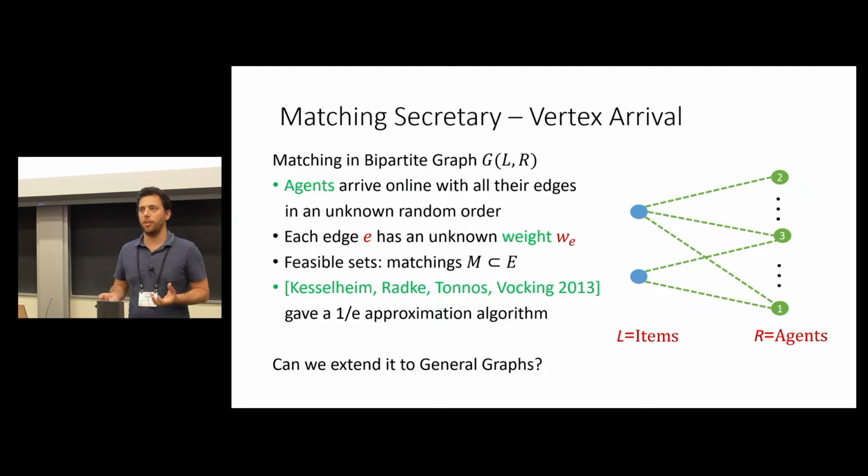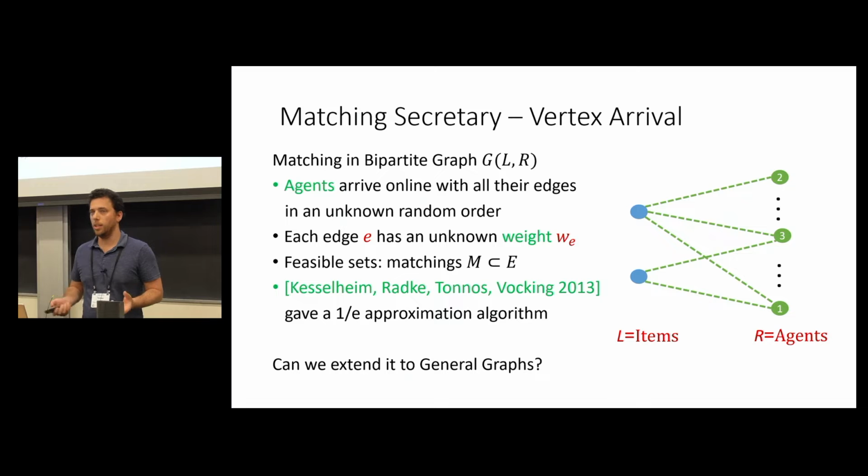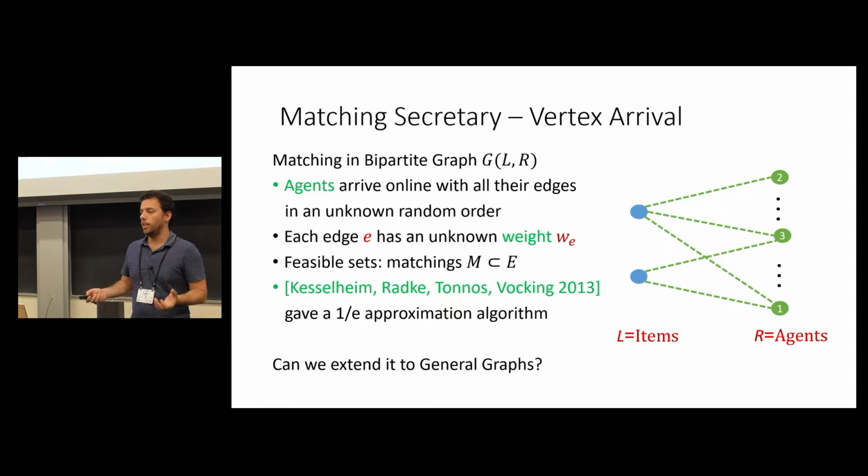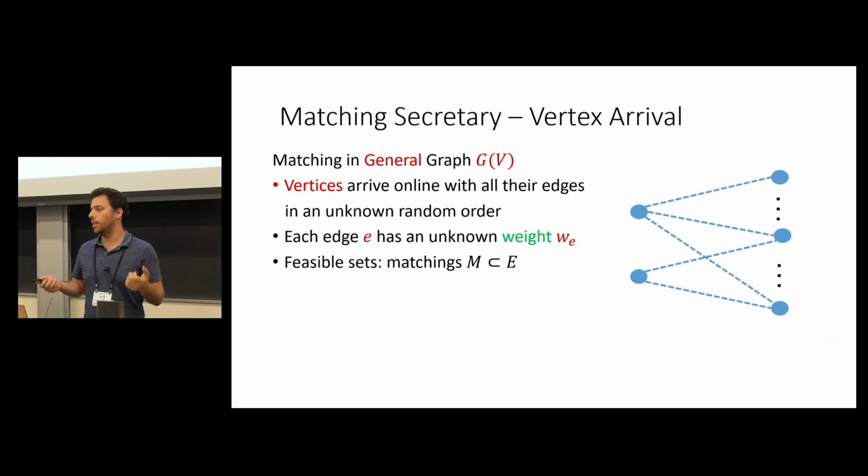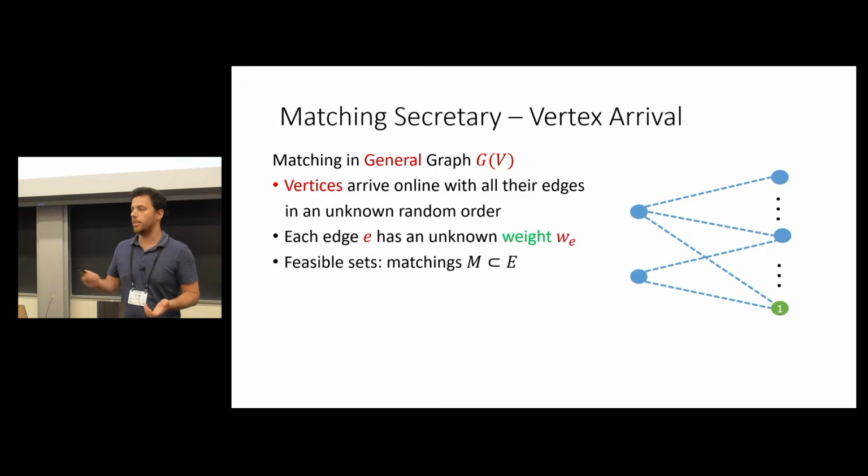So you have arrival of vertices from both sides, or even more generally, you don't have the bipartite structure anymore. You have a general graph, and vertices arrive online. Now you don't have sides anymore. So for example, first the bottom right, then the top left, and so on. Upon the arrival of a vertex, we need to match it to some vertex that already arrived and is available. And the goal again is to find a maximal matching or approximate the maximal matching online. So this is the vertex arrival model.